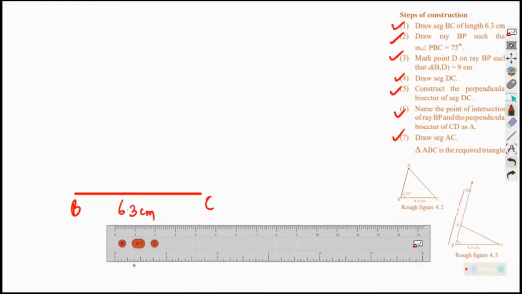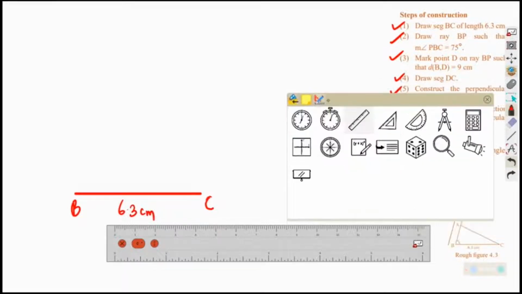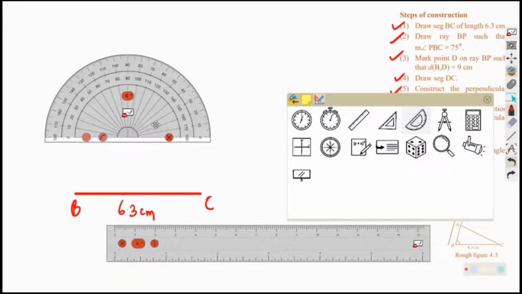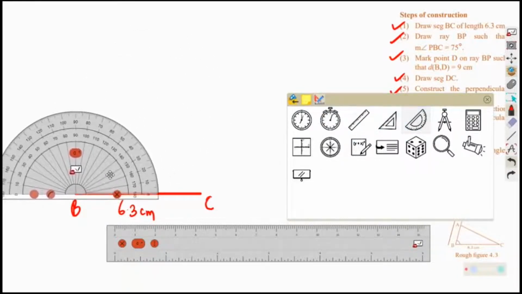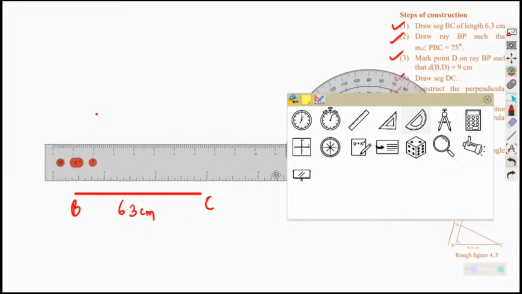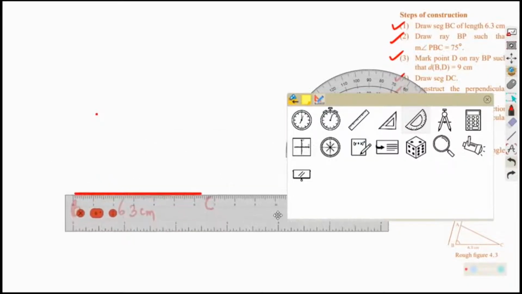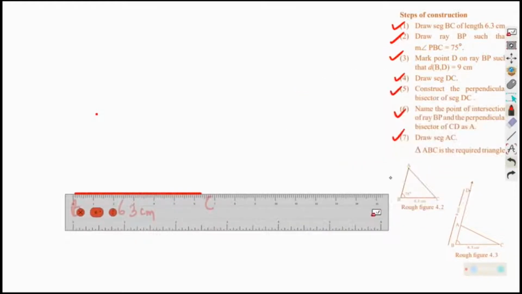Okay. The next step is I need to go for a protractor, with the help of which I will draw the angle of 75 degree. I will mark it and then draw with the help of the scale 75 degrees somewhat. Here it is, I marked it. Now I am removing the protractor. I have to bring back the digital scale again. Very tough job. I have to manage it. It is a little bit time taking.